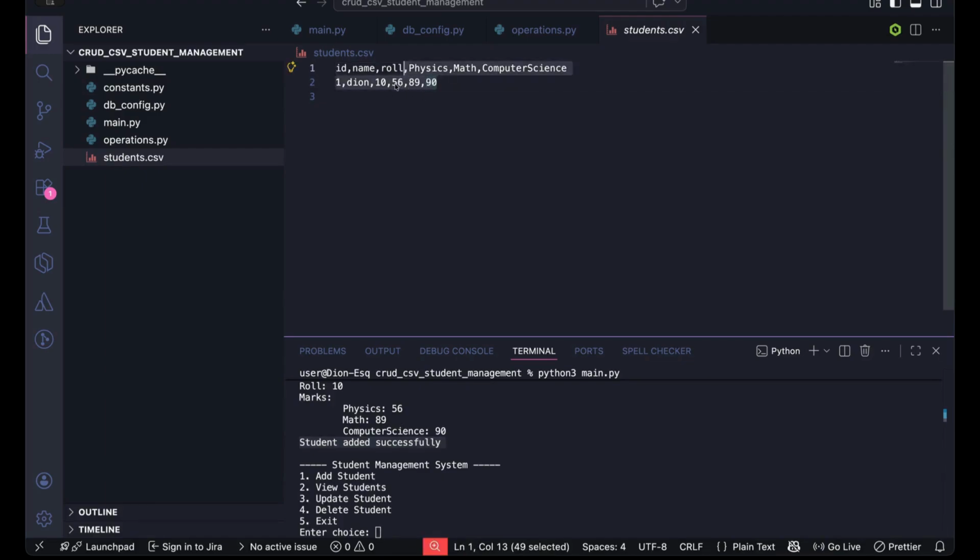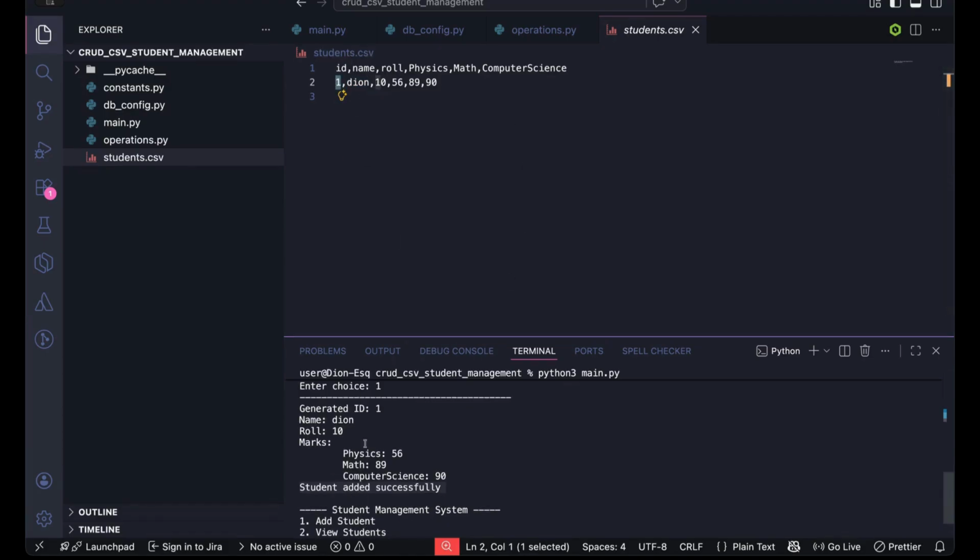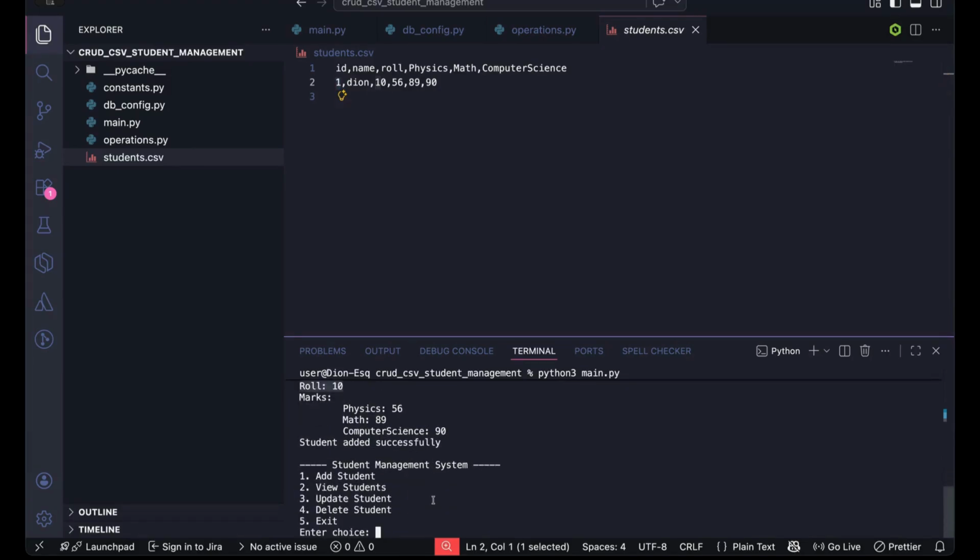So this is going to be our marks. This is for physics, maths, and computer science, and 10 is my roll number, and that's my name, and this is going to be the first ID. Okay, ID 1, right? So we have generated an ID 1, and we have assigned a roll number 10. All right, so now I'm going to